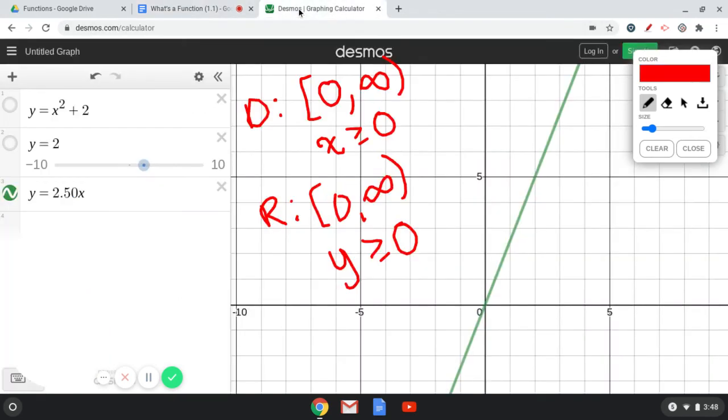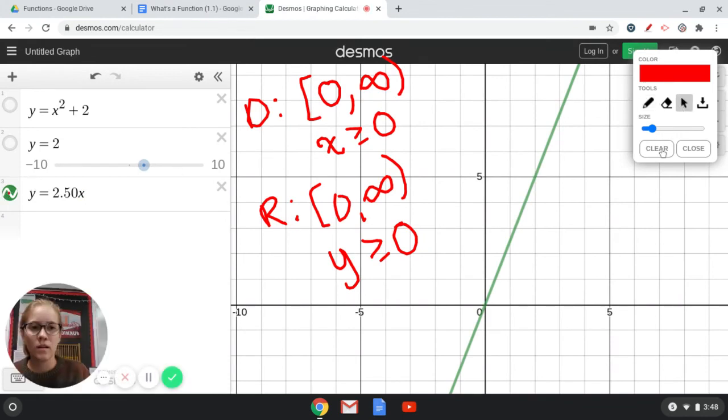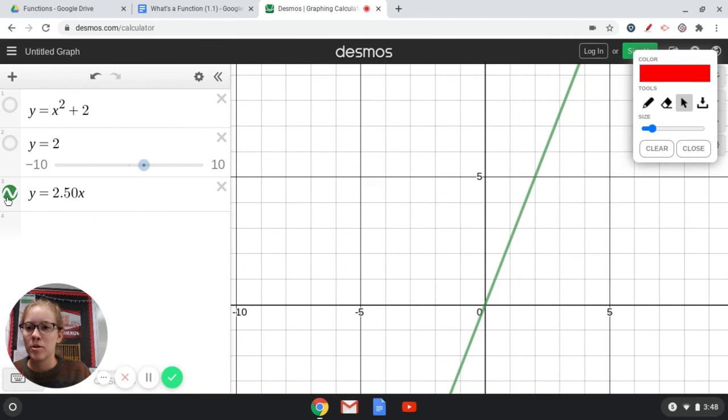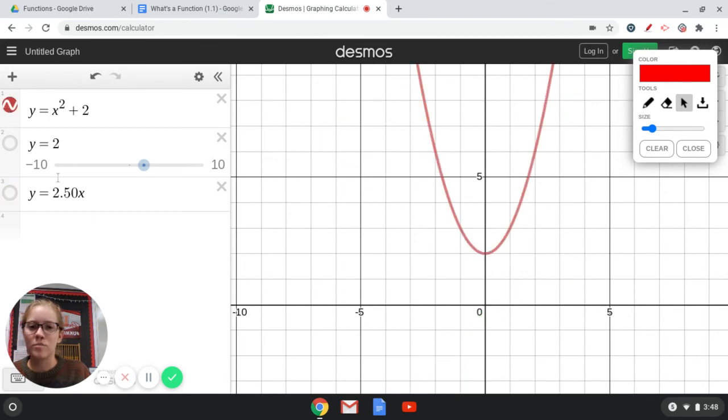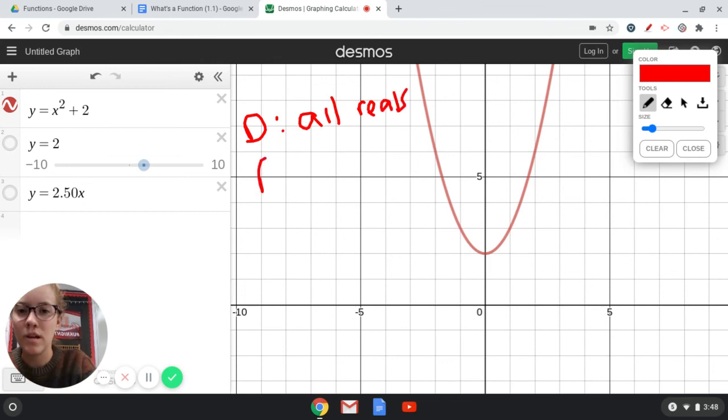So C, x squared plus 2, I actually have that graphed over here. All right, so I'm just going to go ahead and write the domain and range over here. So the domain, all the possible x values, is all reals. It goes to the left forever and ever and to the right forever and ever. Now the range